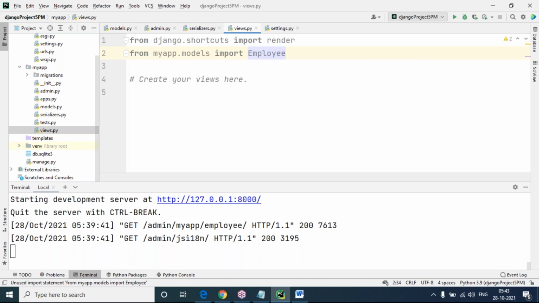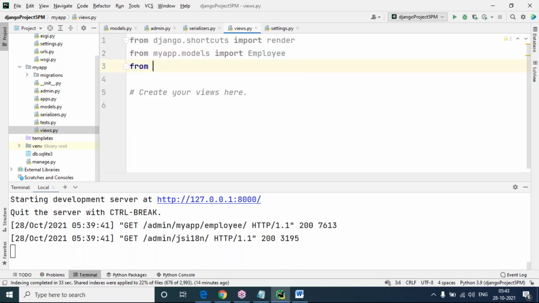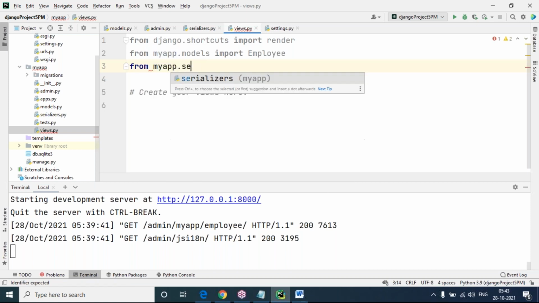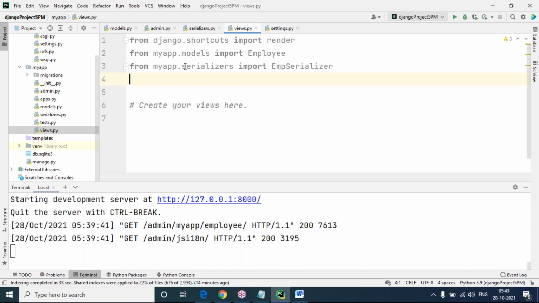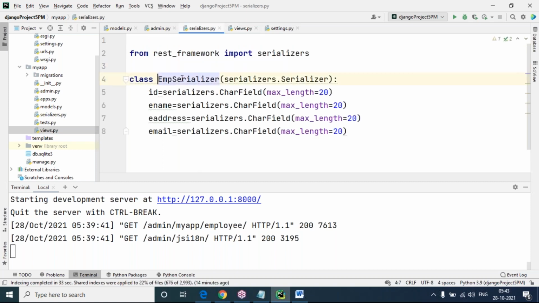Employee model. Next, from your application name, myapp.serializers import. What is your serializer class? EMP serializer class is there. So from my application, serializers.py is there, and from here the class I'm importing is the EMP serializer class.